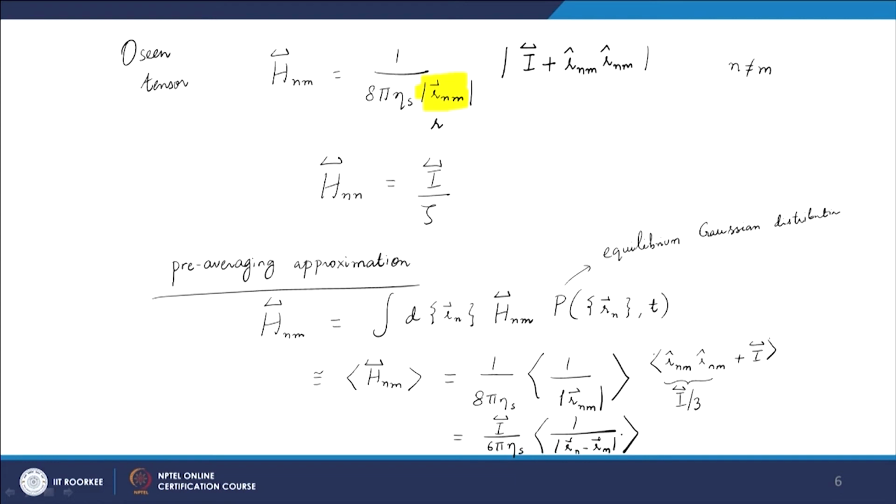So, we have replaced the mobility matrix that is appearing first by the Oseen tensor, but then we noted that we have to compute many of these tensors. So, we use the pre-averaged version of this, and by the pre-averaging we have got this, and then we use the fact that the distribution of the bead positions are given by the Gaussian distribution. So, I will use the fact that the P is a Gaussian function, and if I do that,